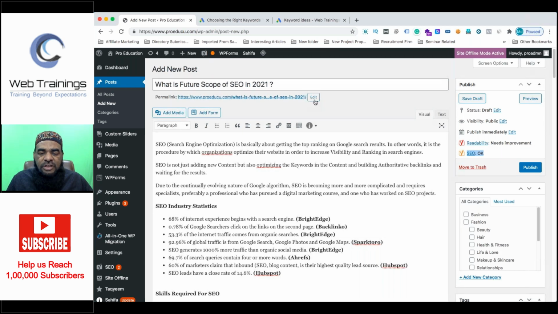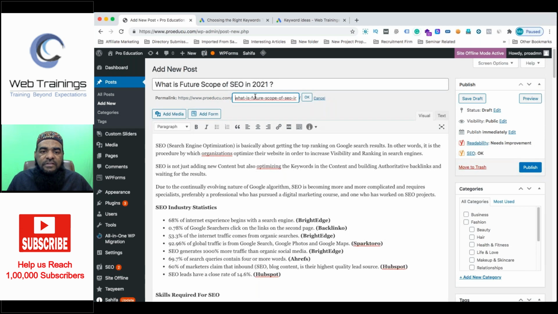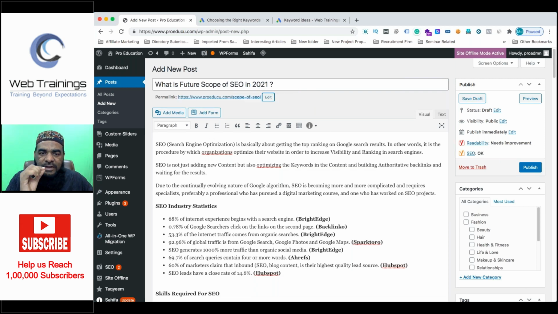Now I want to change the URL of this page. As I said already, don't use irrelevant words, and try to focus only on the specific topic. So here you see "scope of SEO." That's it. I just want to keep this article as "scope of SEO" because that's my main keyword and I'm focusing on that one particular phrase, and all letters should be small. That's URL optimization in simple terms. And as I said, we don't need to write the year or month or date. It's just the article. That's one thing finished.